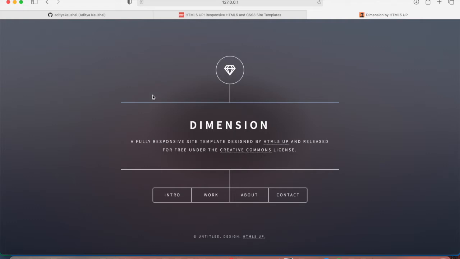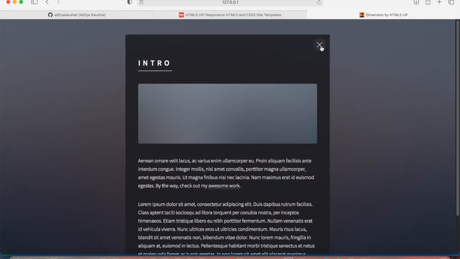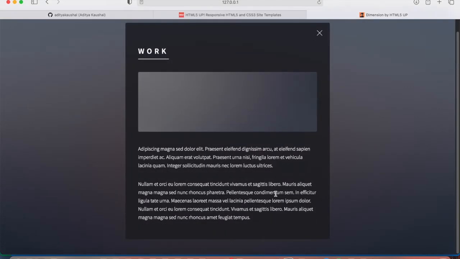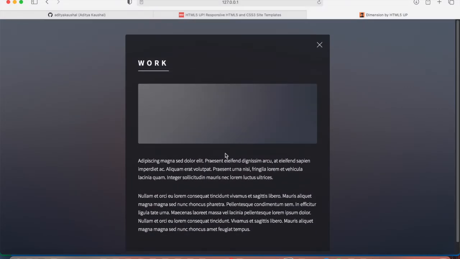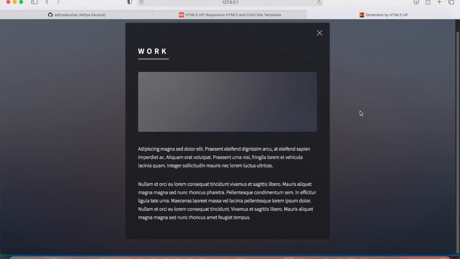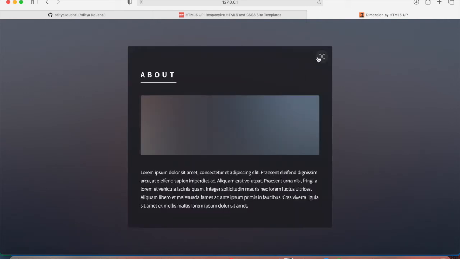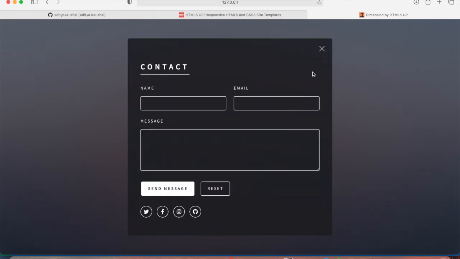If you know much more advanced CSS and JavaScript, you can change the aesthetics of the website even more. But I don't recommend that, because that doesn't matter. What matters is the content that you put on your website. I think the intro can be your little about me section. Work can be the projects that you did. You can add a slider here, or even a scroll bar option to scroll down, so you can see your projects. You can change this to any other blog post if you want. And this is your simple contact information.